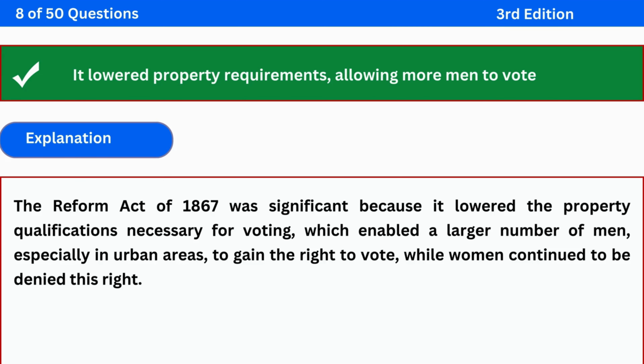The correct answer is it lowered property requirements, allowing more men to vote. Explanation: the Reform Act of 1867 was significant because it lowered the property qualifications necessary for voting, which enabled a larger number of men, especially in urban areas, to gain the right to vote, while women continued to be denied